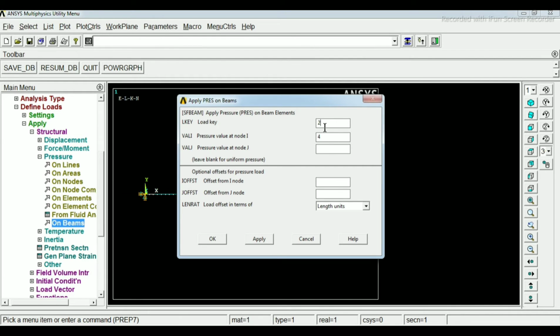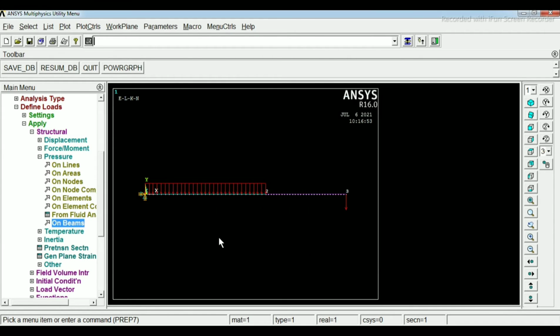The value is given because our load is in the y direction, and the value is given for pressure. At node number I the value is given, that is 4. If you have questions like a uniformly varying load, then you will give a value at node number J also. Then click on the OK option. So our UDL of 4 kilonewton per meter is added.